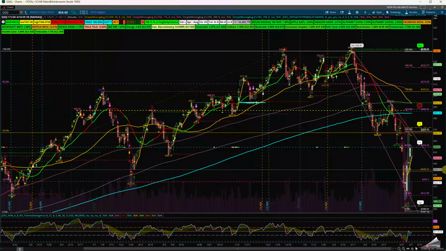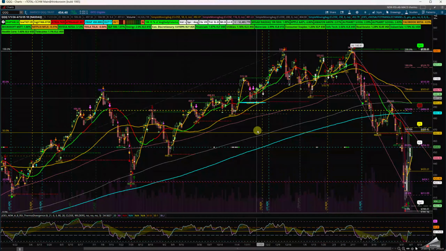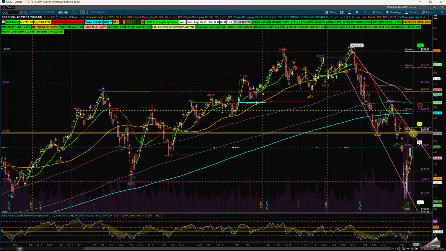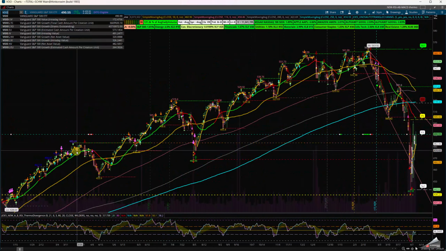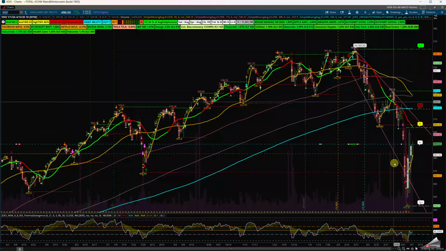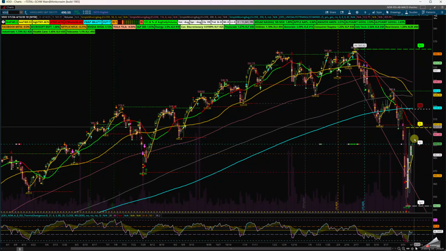If we can find support and we can clear this midpoint up here, this backside of these channels, coming back to this upside, the Nasdaq is a little bit weaker than the SPY, or you can use the VOO. If I do VOO, SPY, you can see that VOO on the backside of this midpoint. If I take the highs and lows, my backside is here.